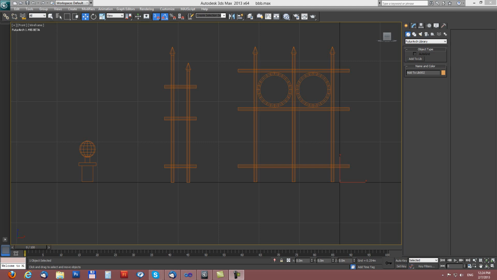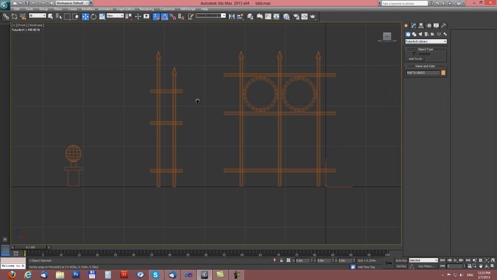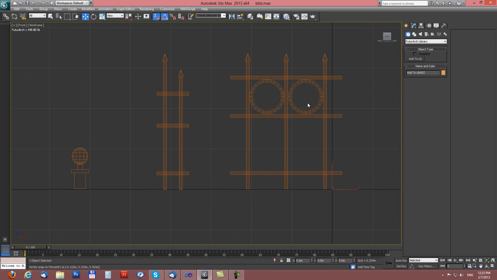Adding fences and column objects into library. We will use Add to Lib tool for this. It is located in Create tab, Geometry, FuturArch library section here. So on these three testing objects, I will show you how to add a column and two different types of